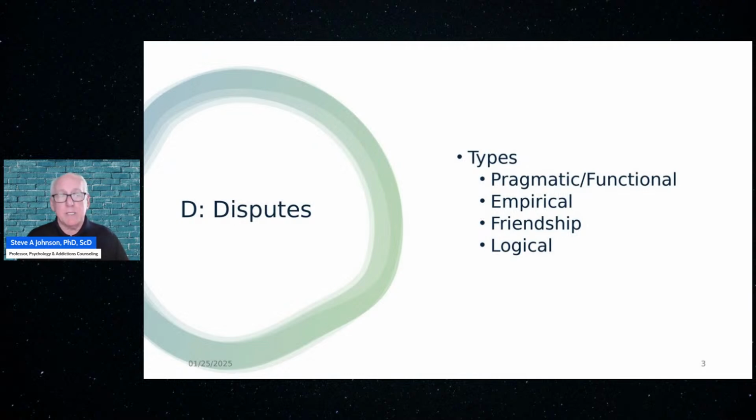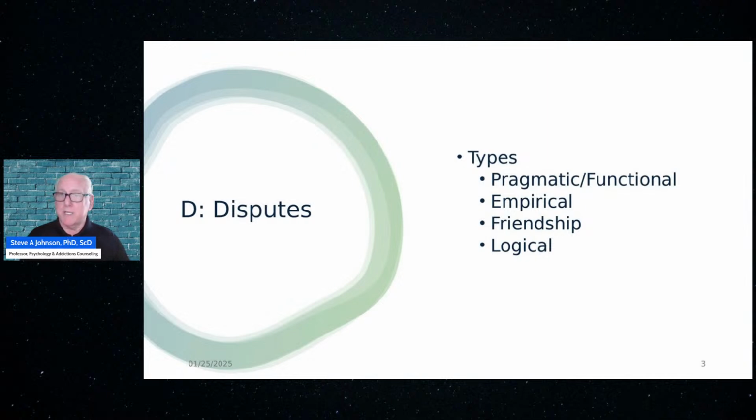The last dispute is the logical one. And we would say, how does it logically follow that because you want something to be a particular way, that it absolutely has to be that way? Is there any logicality to that at all? Most people don't respond to that one so much because most of us are not logical, right? We don't tend to think that way. We're not like Spock. However, you never know. There are some clients that just respond to that very, very well.